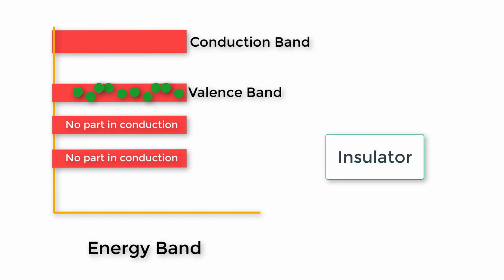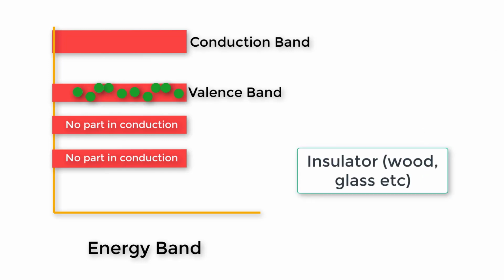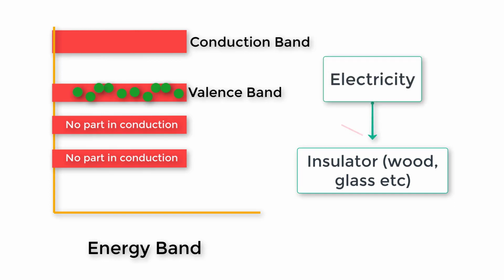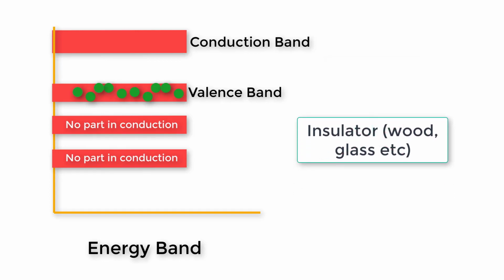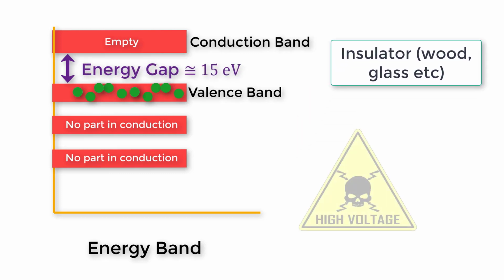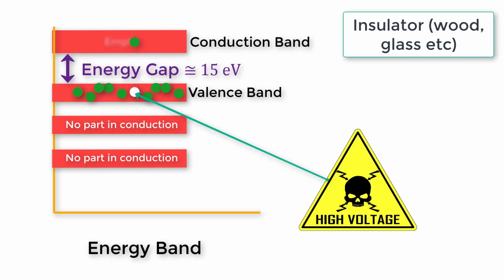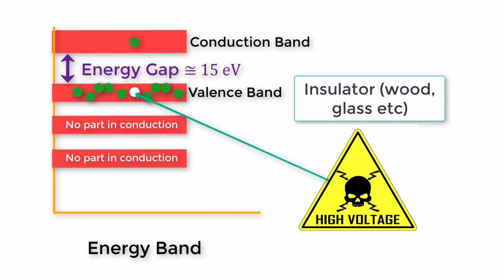Insulators, for example wood, glass, etc., are those substances which do not allow the passage of electric current through them. In terms of energy band, the valence band is full while the conduction band is empty. The energy gap between valence and conduction bands is very large. It is almost equal to 15 electron volts. Therefore, a very high electric field is required to push the valence electrons to the conduction band. For this reason, the electrical conductivity of such materials is extremely small and may be regarded as nil under ordinary